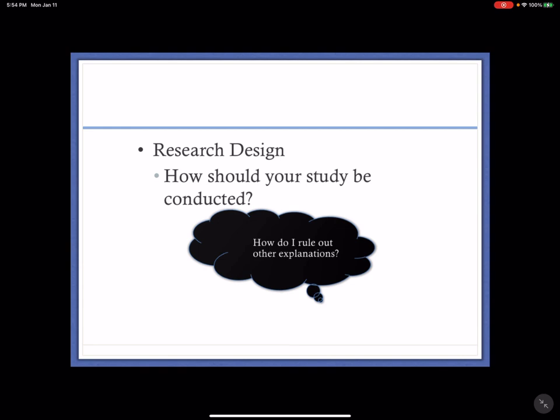So in that case, I would ask all the baby participants, or I wouldn't ask them, I'd ask their mothers, what the level of education in the household is. And I would make sure that the level of education was equally distributed among all the groups. The relaxation group, the sit in silence group, or the Mozart group. I would want to make sure that levels of education were equally balanced among groups so that I could rule out that other explanation. There's lots of techniques for this, but the main point of research design is you want to rule out other explanations.